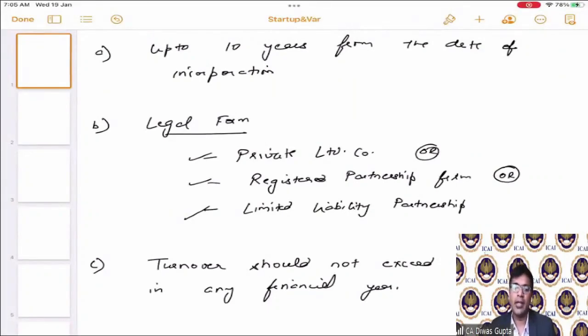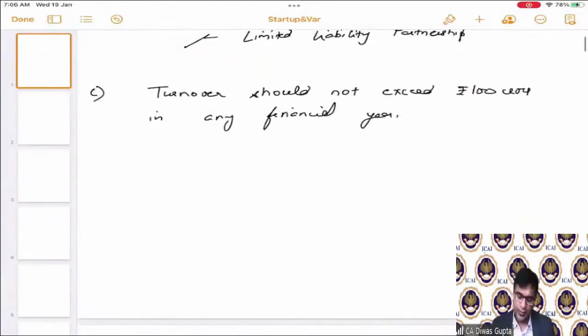Second is their legal form can be anything. Only these three things that are listed, and their turnover should be up to 100 crores. It should not be more than 100 crores. These all three conditions say that it's already basically a smaller size company. Correct? Now the fourth part is, what if you talk about a group, let's say a very big group,